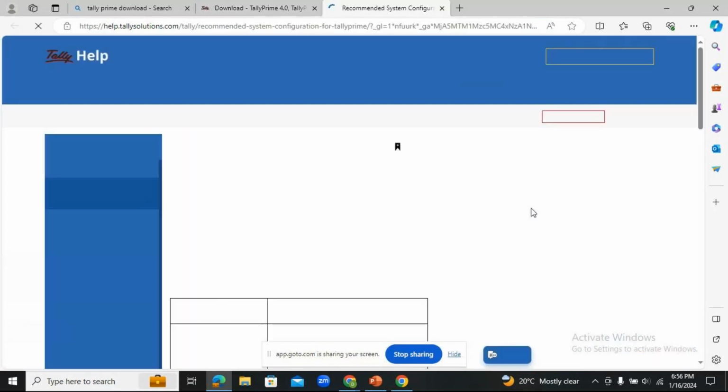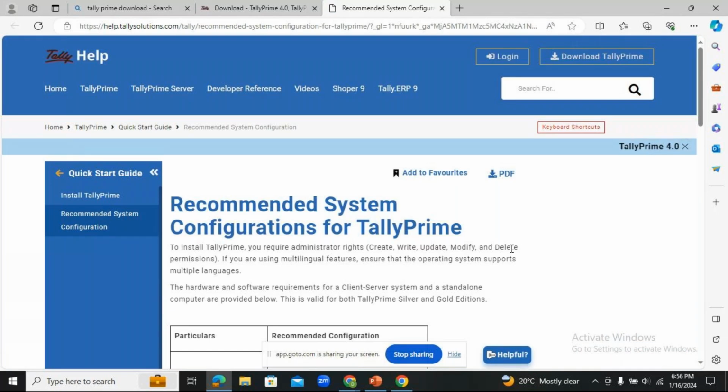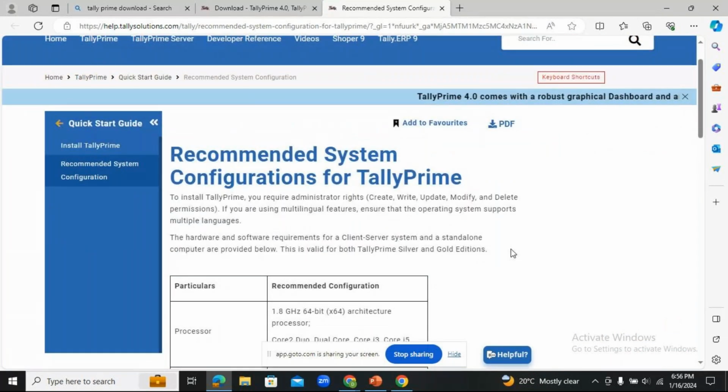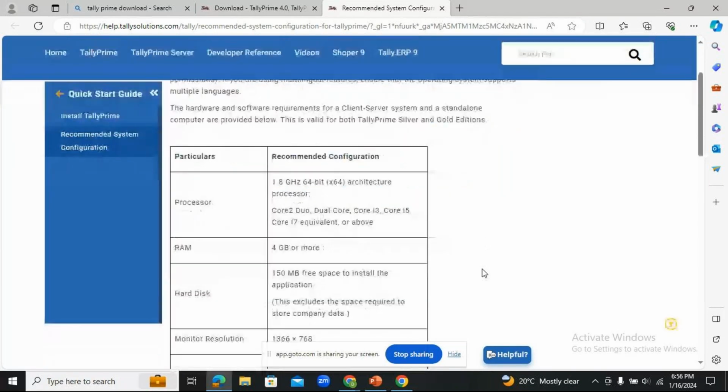Yes, this is the screen that shows the recommended system configuration for the installation of the Tally Prime software. This gives you the complete information on the required configuration to download the Tally Prime software. Because what happens is, we have a laptop working or a desktop, everything is going well, and we have Wi-Fi or net connectivity, but if we try to install, we still have an issue.